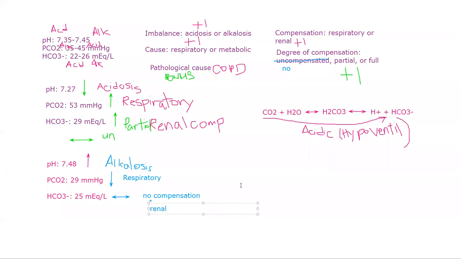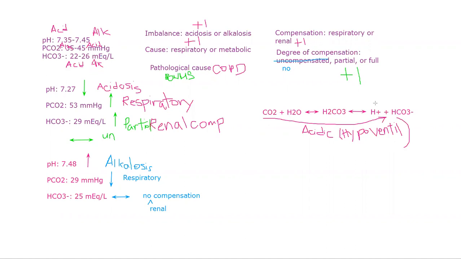Okay, there we go. So no renal compensation on that question. And now, what is respiratory alkalosis? Well, if we go back to our equation here, and we see if retaining CO2 going to the right causes things to become acidic, well, what if we go the other direction? What if we take bicarbonate and add hydrogen ions to it and change it back into CO2